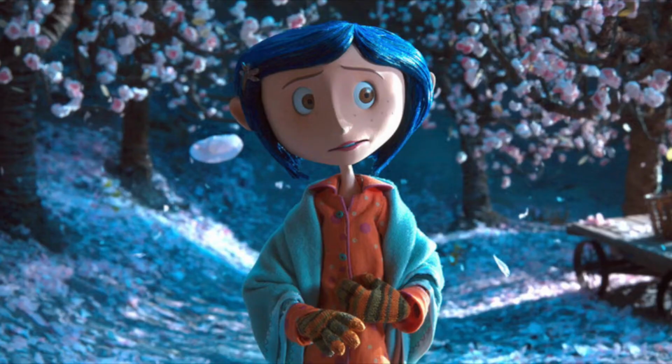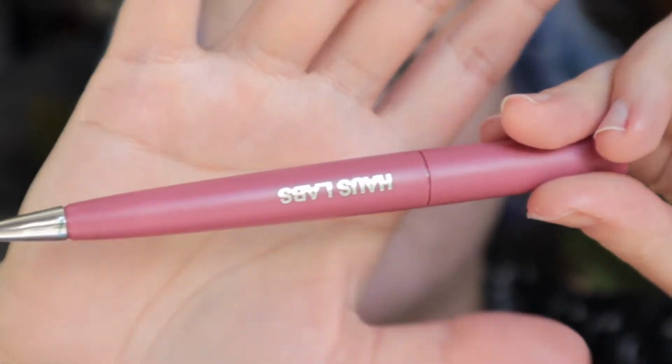Okay, we're gonna do the concealer. Now, I'm looking like Coraline, maybe? She might even be darker. I'm putting on lipstick, so I at least don't have like Walking Dead lips. Haus Labs Mauve Matte. Almost got a really bright shade because I like bright lipstick, but I really loved the